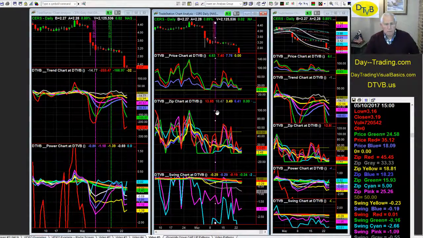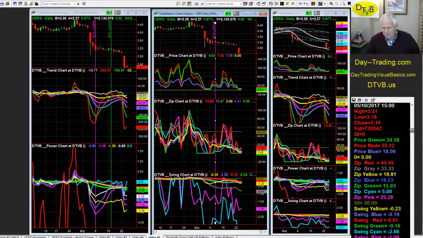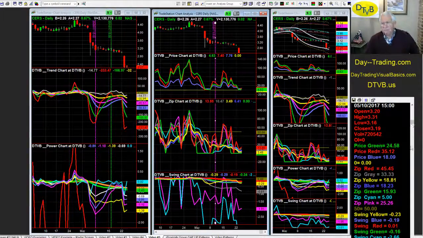Now immediately, this pink line here closed today at $3.21. The next morning it opened, I have to move this here a little bit, it opened at $3.20, so it actually went down a penny in its open. Now that is one of the very first signals for a downtrend: when the open is lower than the previous close,